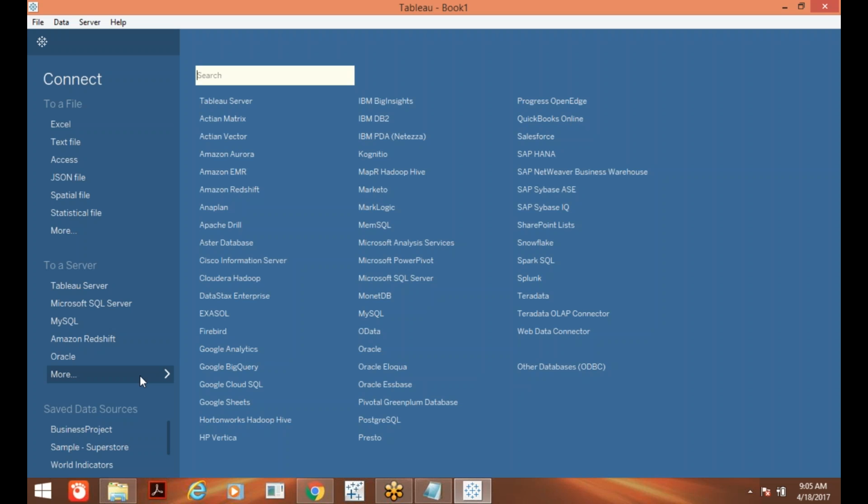But mostly you will get your data in Oracle, SQL Server, Excel, or MS Access. If you get it from other sources, no problem at all, you can work on it. Right?